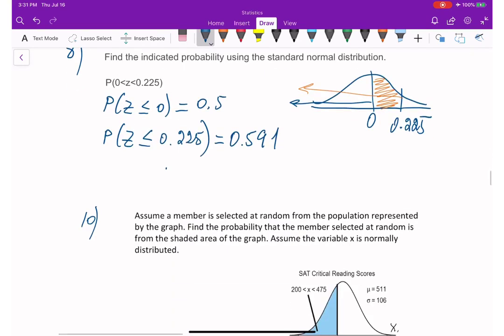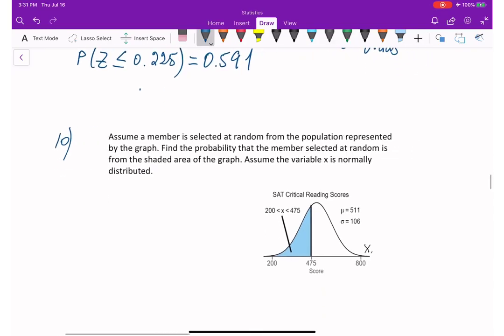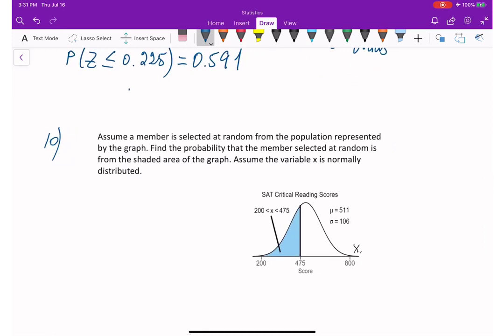Okay, question number 10. Let's solve question number 10. So what do we have? Assume a member is selected at random from the population represented by the graph. Find the probability that the member selected at random is from the shaded area of the graph. Assume that the variable x is normally distributed. Okay, we need to find the probability of any x in the shaded area,